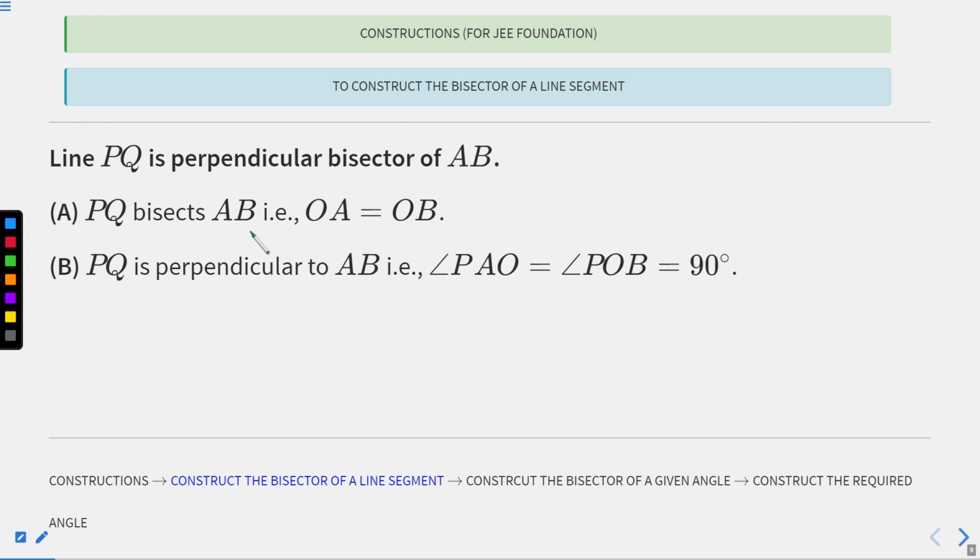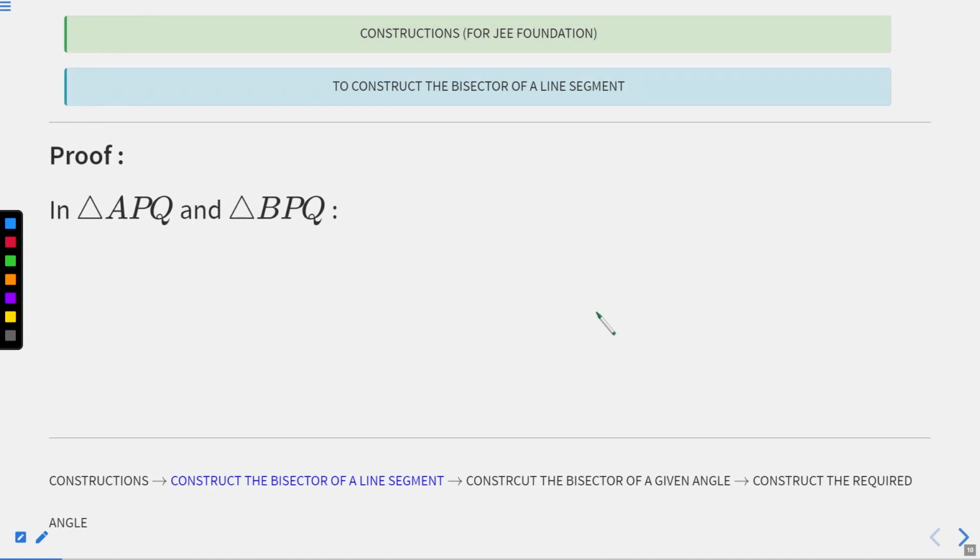And so, okay, we have to prove these two points. So let's jump into our proof. So first, what we will do. In the proof we have this